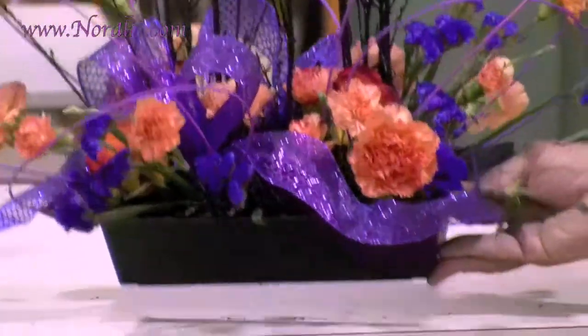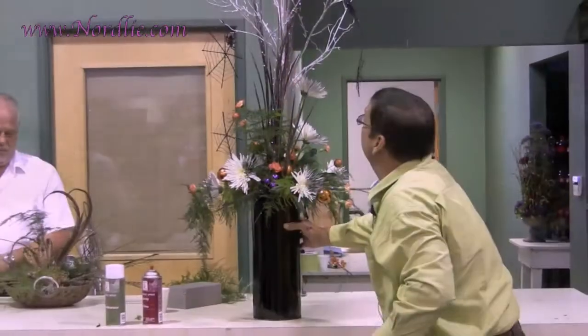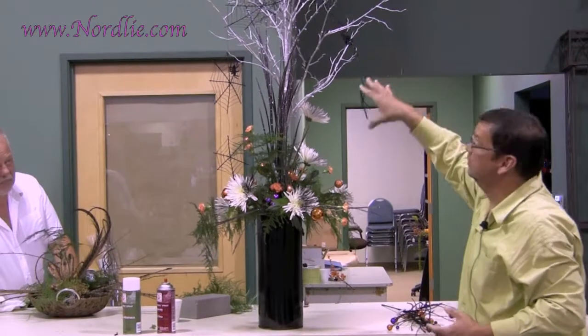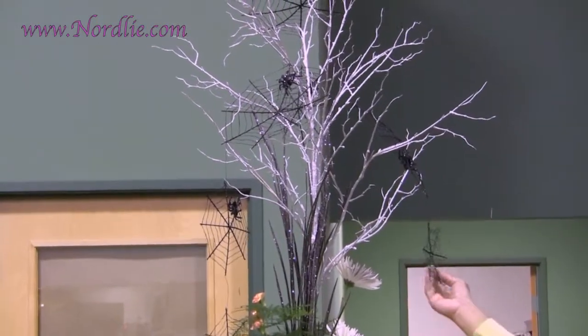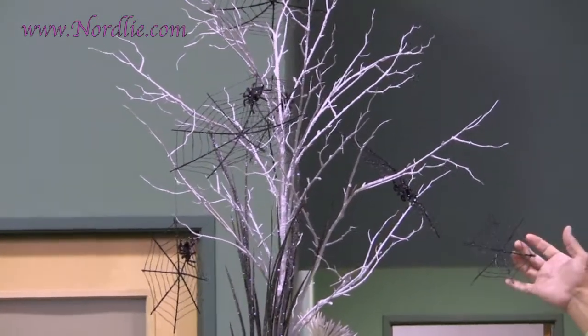Very festive Halloween. I love the fact that they didn't use that garland in this arrangement, but it is a very cool garland as well. If you have a large window you want to decorate or something like that, this all comes together. There's about